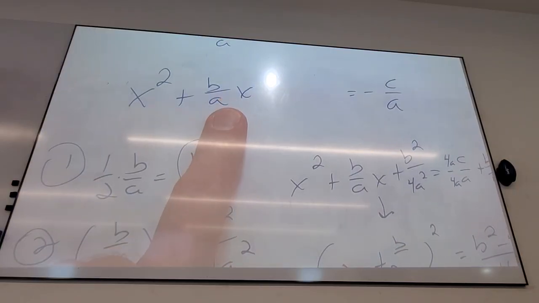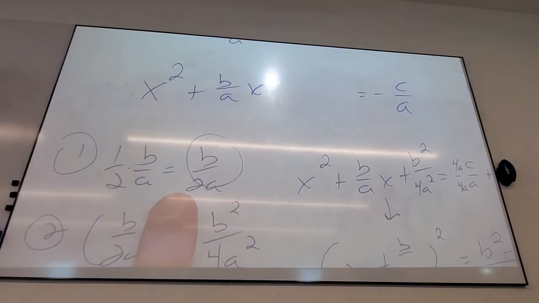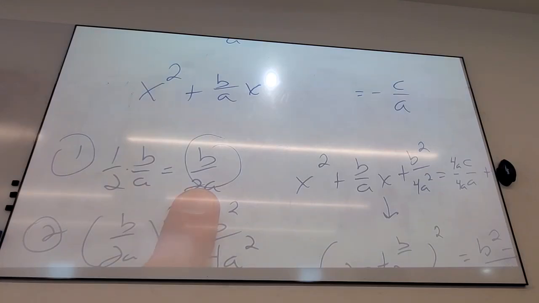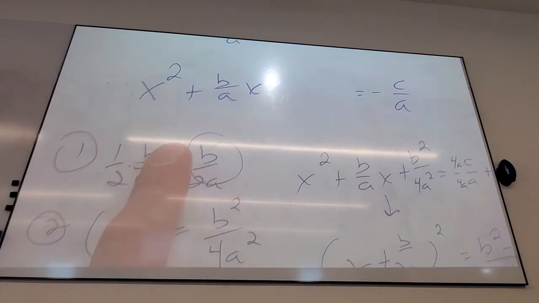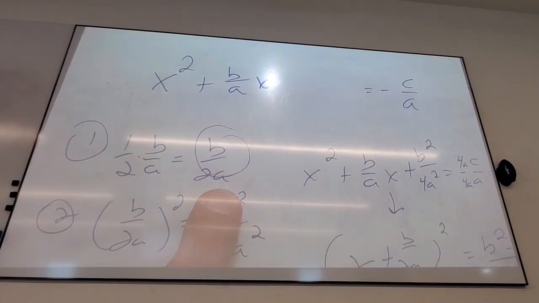How do I do completing the square? Whatever's in the middle, we cut it in half. That's all I did there, right? What's half of b over a? B over 2a. Is that all right? No, I mean,